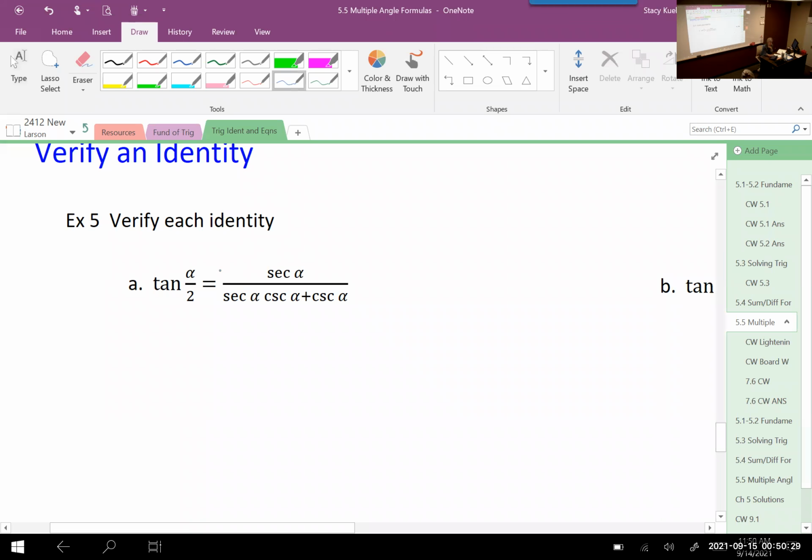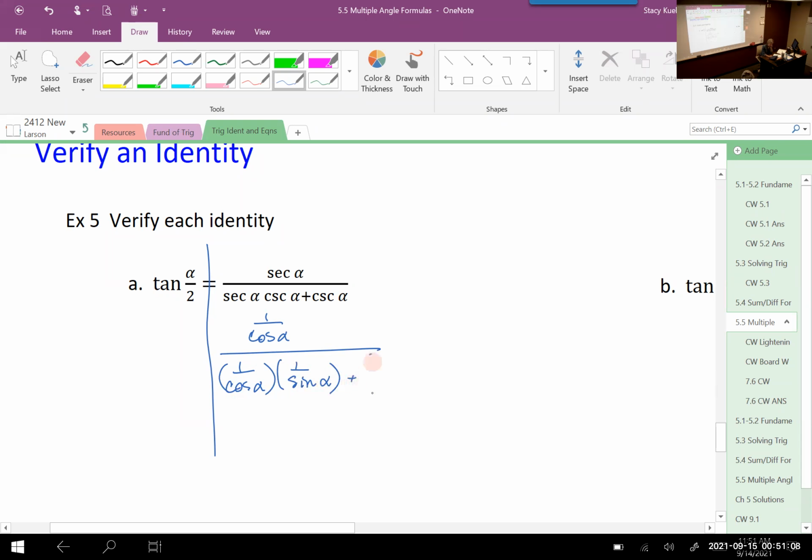And I'm gonna work on the right-hand side. To do that, I'm gonna go through cosine. I'm gonna change everything in here in terms of sines and cosines. Remember that sometimes makes it really messy at first, but that's all right. So secant alpha can be written as 1 over cosine in the numerator. The denominator, I'm gonna change that again as 1 over cosine times 1 over sine